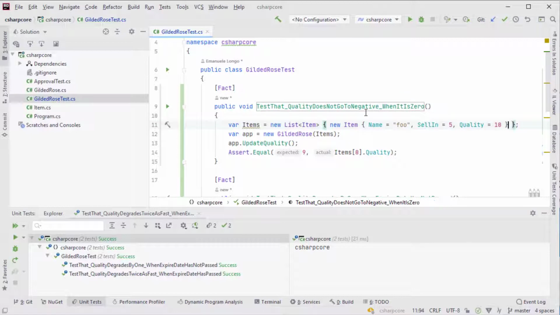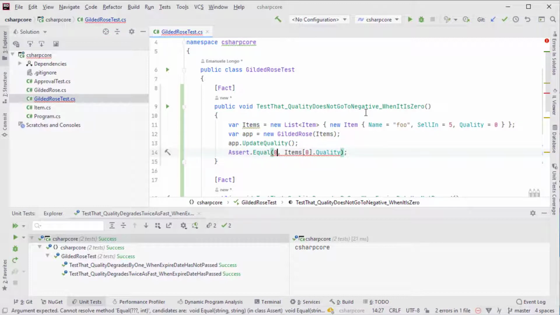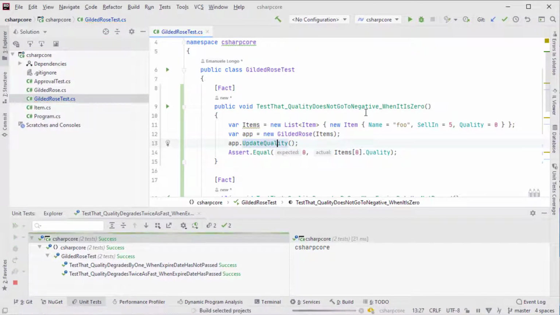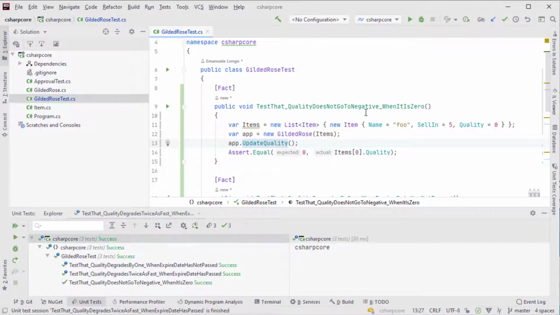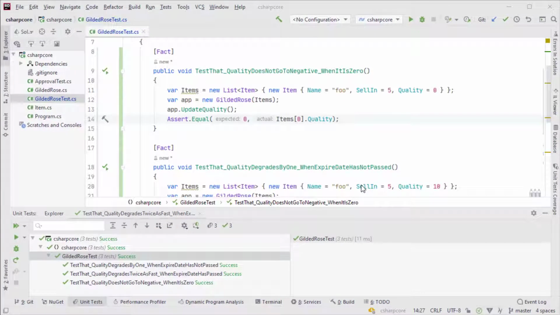So if we set the quality to 0, we would expect the quality to keep being 0. And as we see, all 3 tests still pass.